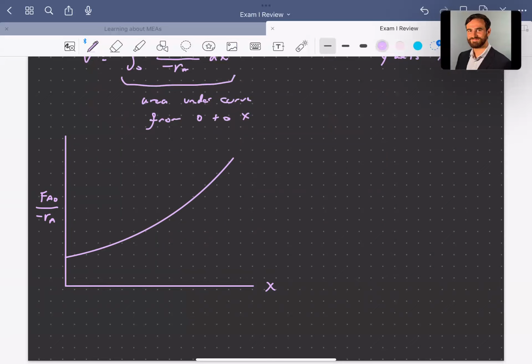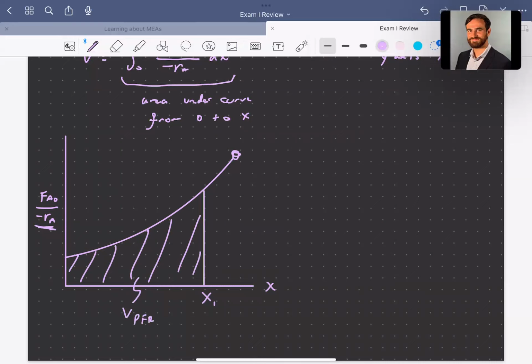So here, why we have this sort of positive slope is because up here where we have high conversion, the reaction rate is going to be small because all the reactant is basically depleted. And here where we have the highest concentration of reactant, we're going to have the highest reaction rate. So here, for some specific conversion, call this X1, this is the volume needed to achieve that conversion for a